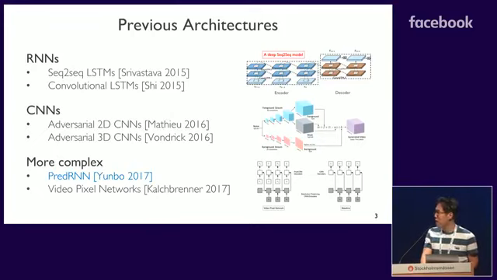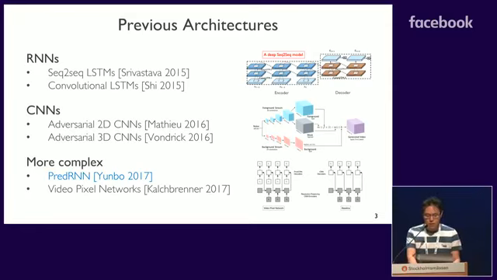One category of the previous architectures is mostly based on RNNs, and sequence-to-sequence LSTMs are used to model the temporal dependencies. Researchers also inject convolutions into the LSTM cells, including the input-to-state and state-to-state recurrent transitions.